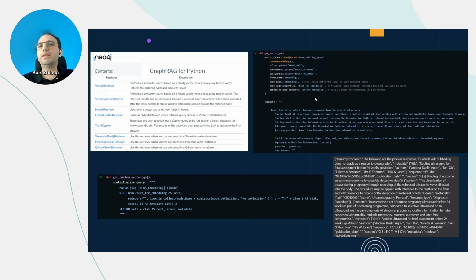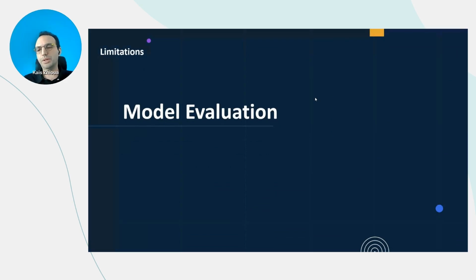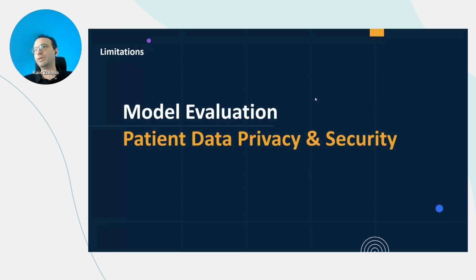But still, I think the biggest challenge right now is, as I said, the evaluation of the models, especially since we are dealing with healthcare. I think the industry should move on to creating consensual or standardized testing models from a medical perspective in each medical specialty, and not just having general medical data sets to make Q&As and testing for the models. So that's number one. And I think number two is patient data privacy and security.